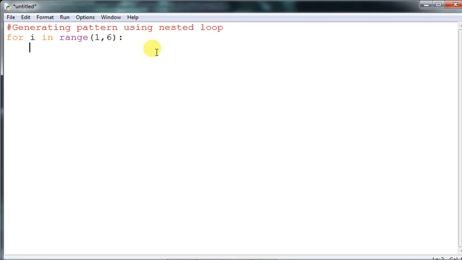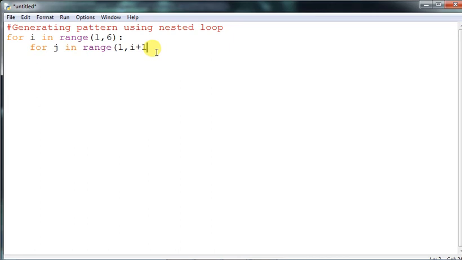Now for j in range, 1 to how many times? What is the value of i? But if I give just i, then it won't work. You have to give i + 1 because range always stops at 1 less. That's why you have to increase it by 1, so it stops at the right place.